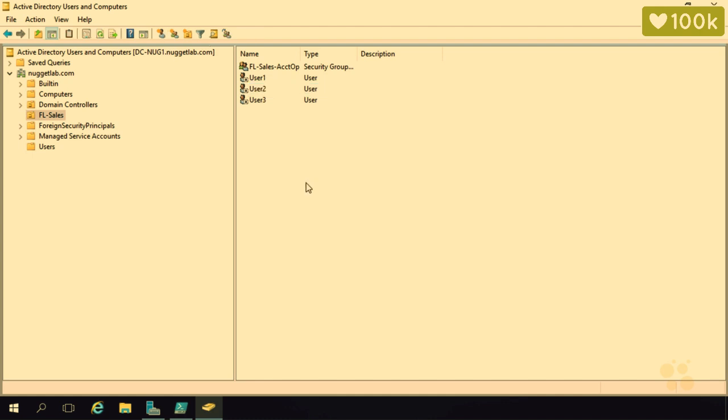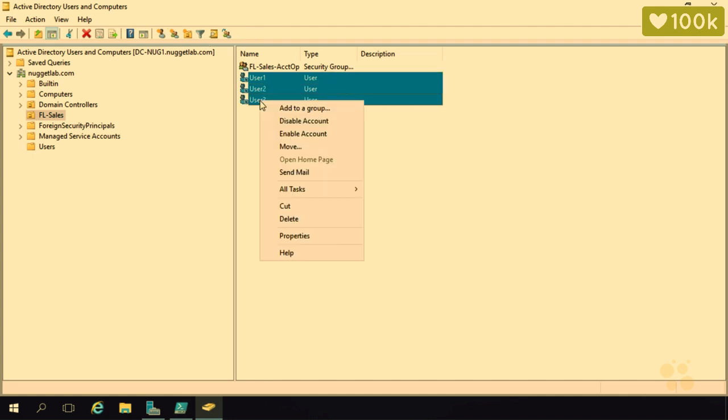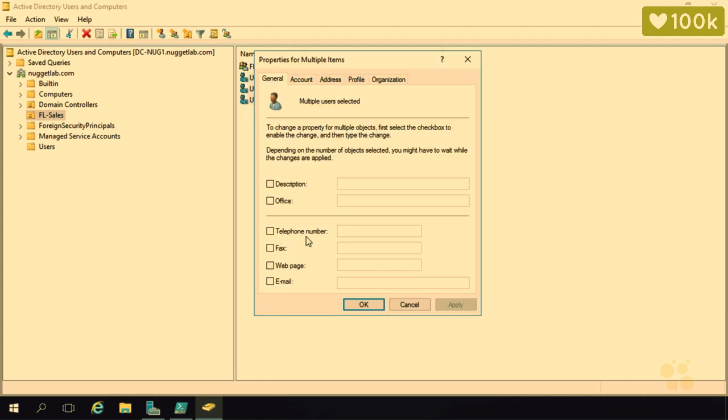Can you manipulate multiple things at once in here? I need to impress upon you that you can. For instance, if you click User 1 and then you shift-click all the way down to User 3, we can right-click and do things to these multiple user accounts. Look at this quick way to add them to a group. We can disable, enable, move, we could delete, we could cut, we could go to properties,